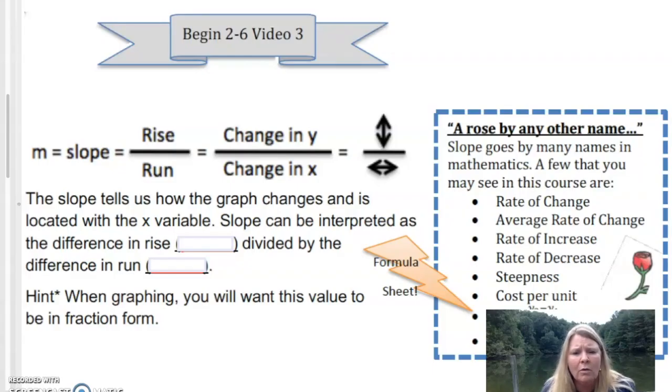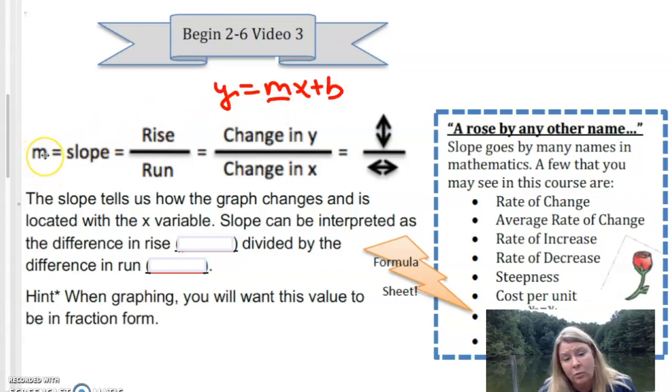If you'll recall, slope-intercept form was the equation y is equal to mx plus b, and m is the slope. So we generally use the letter m to describe slope. Now what is slope? Slope tells you how much the y's change over how much the x's change. Remember, y is the vertical axis, which goes up and down right here. So it's the change in the y's over how much it goes left and right,